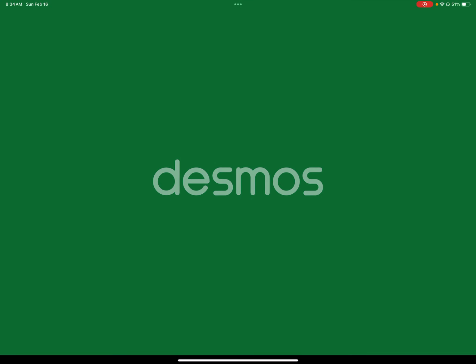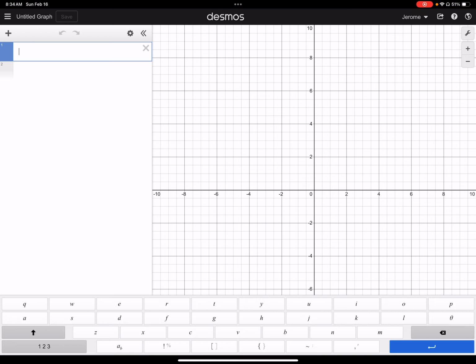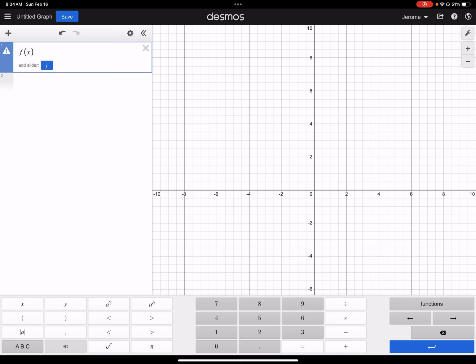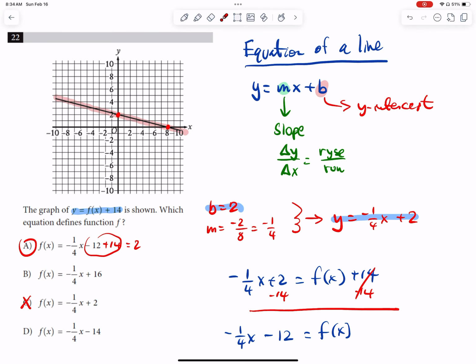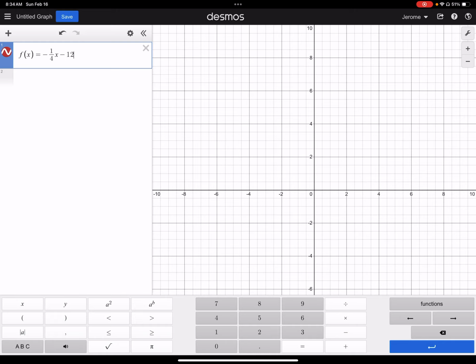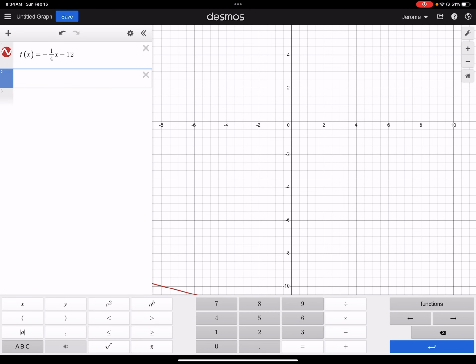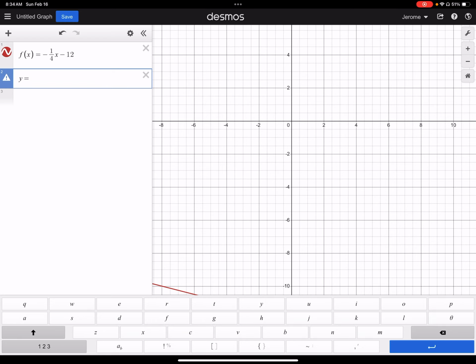So take a look. The equation that we got on part A was f of x is equal to negative 1/4 x, and then it was, don't remember, minus 12, of course. Minus 12. Okay, and you can see it's off of our screen just because it's down here just a little bit. Now I'm going to type in what they gave us in the actual question, which is y is equal to f of x